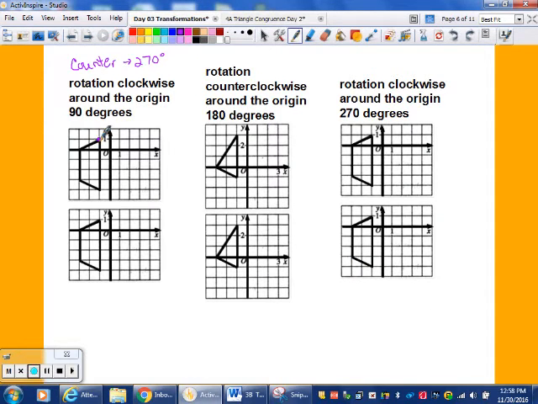Well, this one right here is negative 1, 1, right? So I would switch negative 1, 1 to become 1, negative 1, but change that negative 1 to a positive, right? So that would be at 1, 1. Right? Okay. Then do the same thing. This one is at negative 3, 0. So they'd be at 0, 3, right? Well, there's not a 3 on here, so we guesstimate that it would be probably about right there,